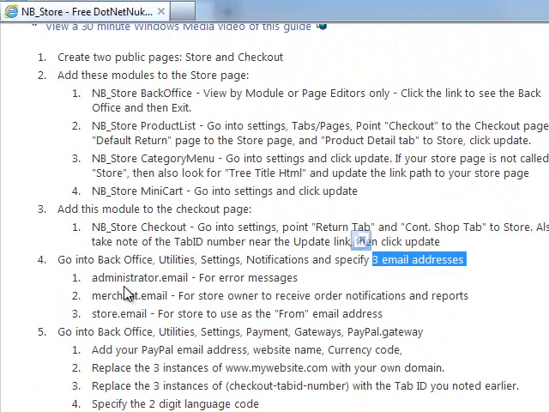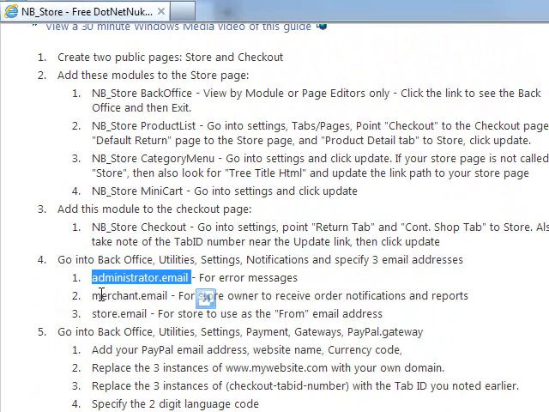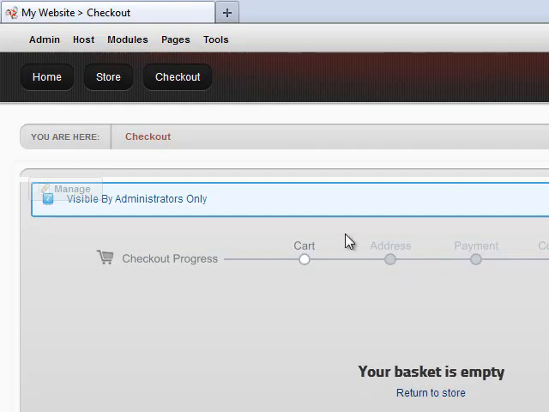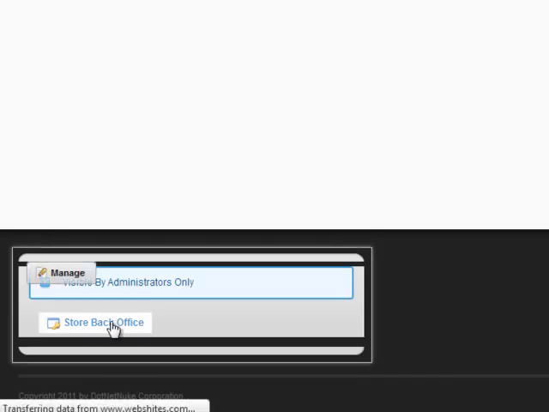The next step is to go into the back office, go to Utilities, Settings, Notifications, and we would set up 3 email addresses: the administrator, the merchant, and the store email. What they do is described here. So we go to the store page, scroll down, click into Back Office,